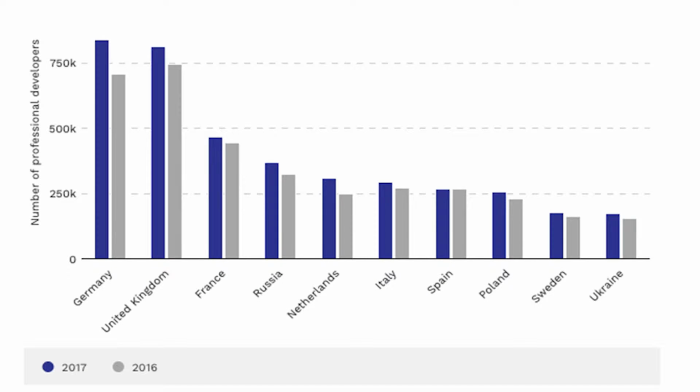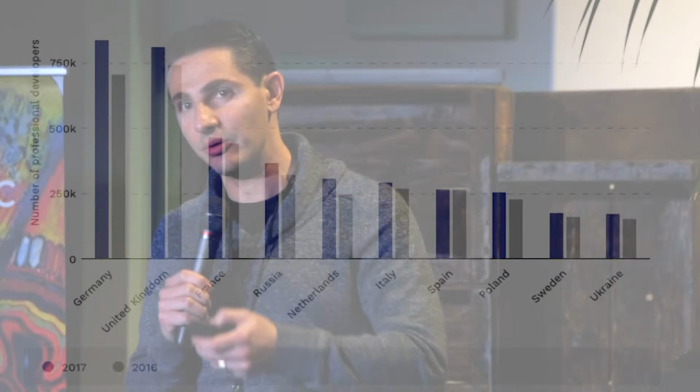If we take a look at this, you can see that over the past few years, the amount of talent in Germany has surpassed the amount of talent in the UK. The number of engineers across all of Germany now overtakes the number of engineers in the UK. And you can see that there's a lot of talent across Eastern and Western Europe, and Asia.